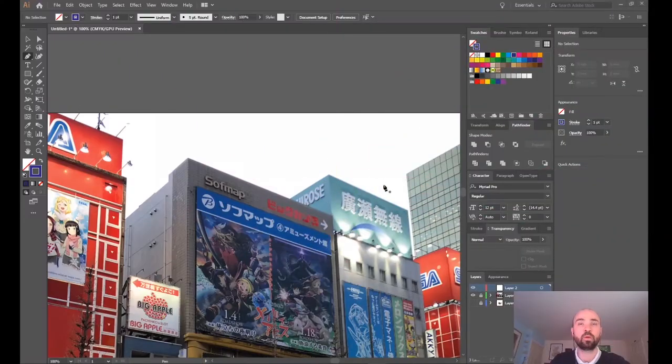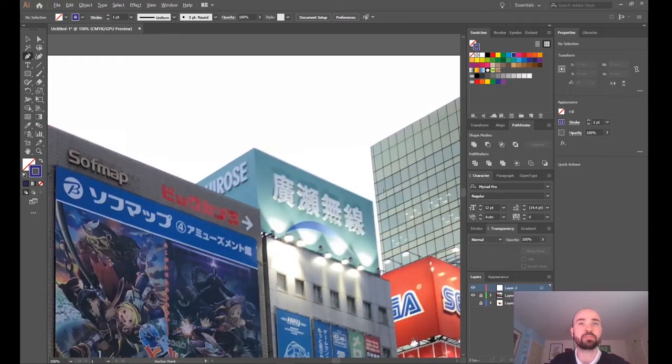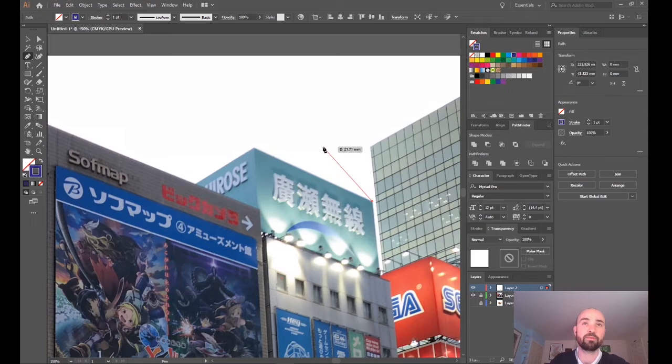Number 1, using the spacebar to move an anchor point whilst in the process of drawing. When using the pen tool in Illustrator, we can use the spacebar to move points as they are being drawn. In this example, I'm just going to be drawing around these buildings, so if I click to start my anchor point, my first point, and then I'm moving over to draw the second point,